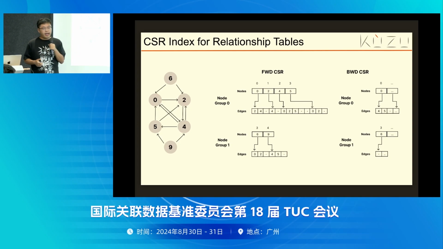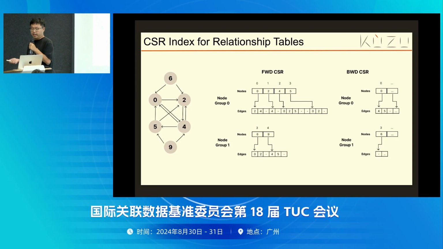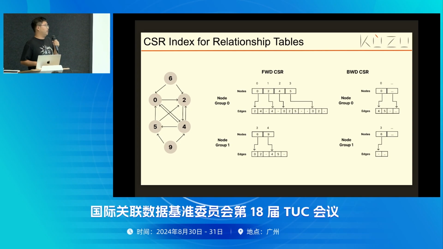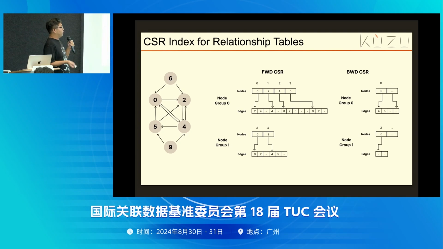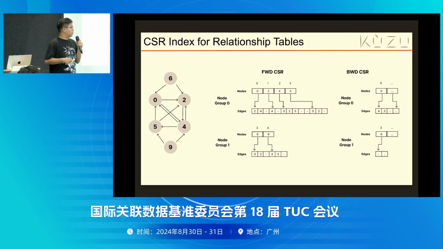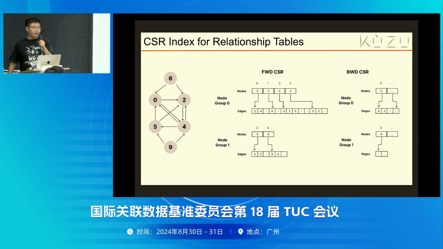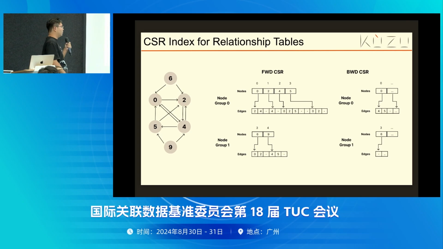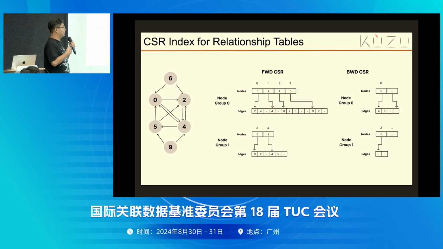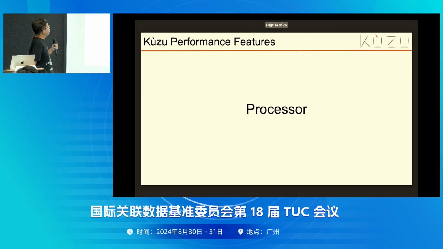So when an edge insertion happens, we first try to see if there are still gaps that can be filled. If so, we don't trigger any rewrite. That's why we leave gaps between different CSRs. And finally, the CSR is still a columnar layout, meaning whatever I mentioned in the previous slides, all those compressions and horizontal partitions, still applies for our CSR-based relationship tables. So that's the storage side.